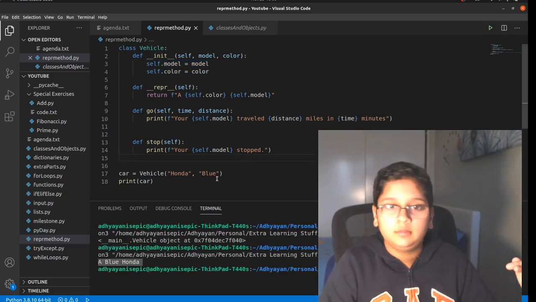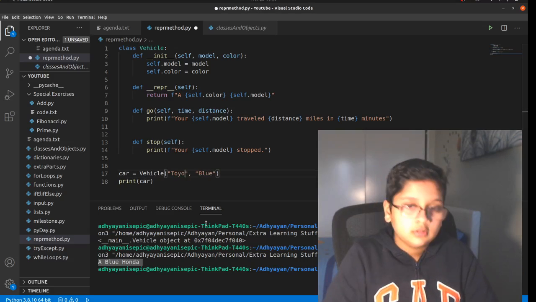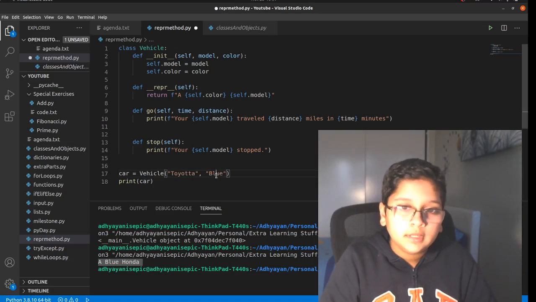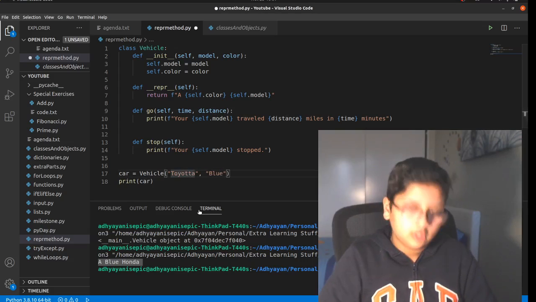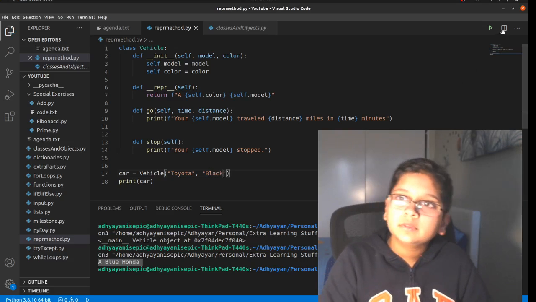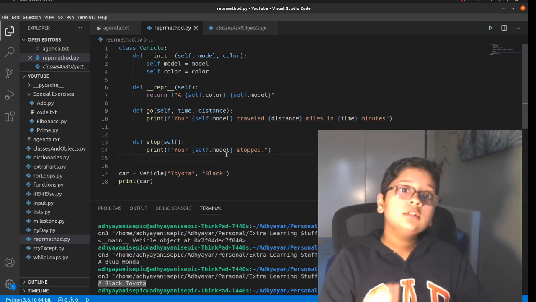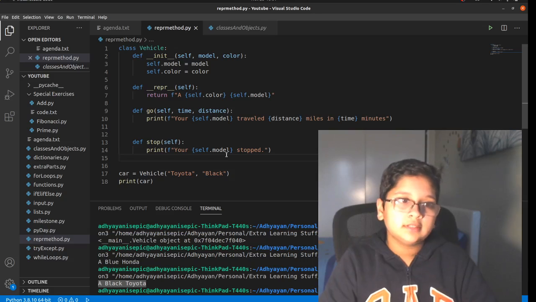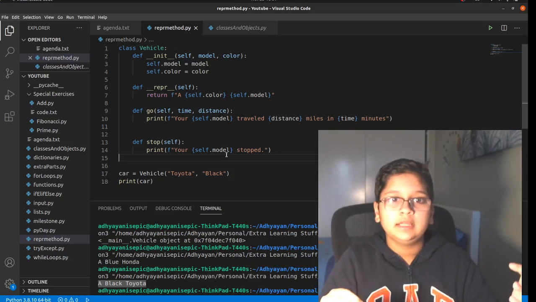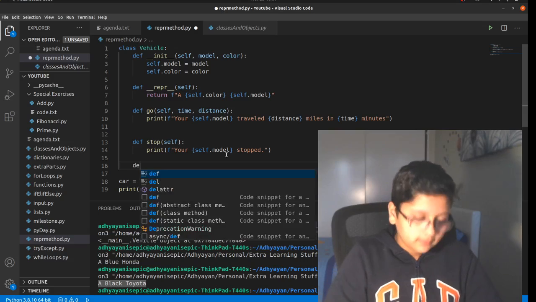We can change this up. We can make this a Toyota, and make this a black Toyota, and it says that right there. So I mean, this is quite important because we can make a function, of course, that only